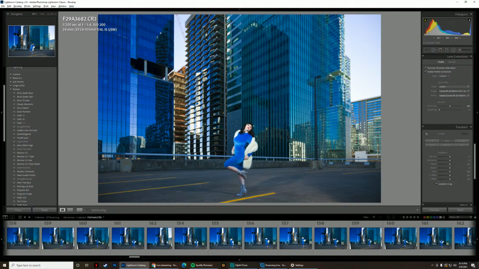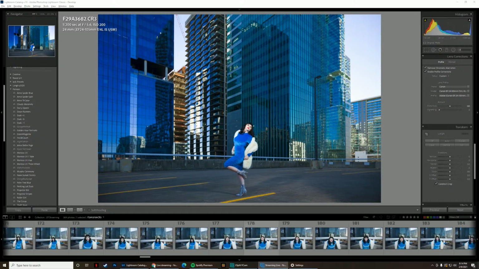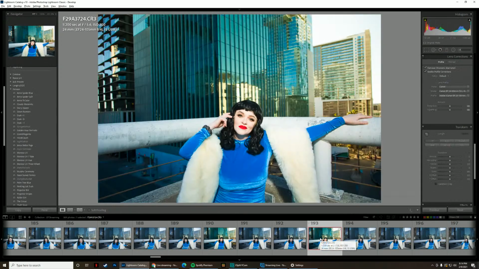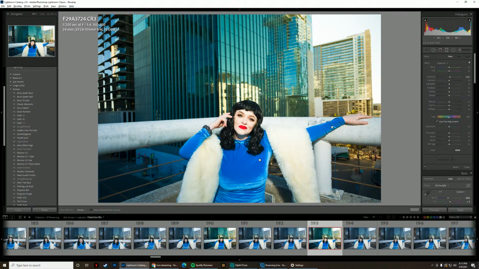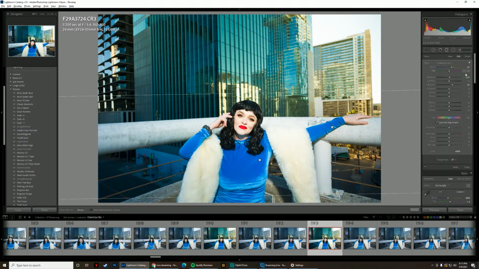So I'm just going to show you an edit that I already did for this one. I'm going to show you a key little tool that I use. It's a gradient adjustment, and I call it Sun Grad. It's just a custom one that I created, Sunburst Grad. What it is: plus 25 orange, 0.2 exposure, and plus 30 highlights. And it just gives that kind of